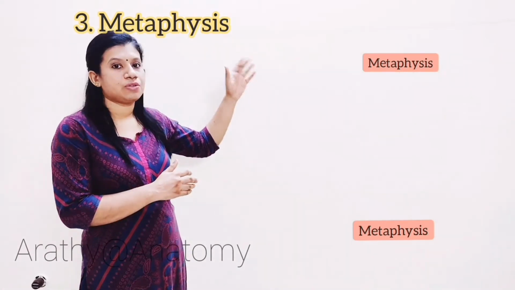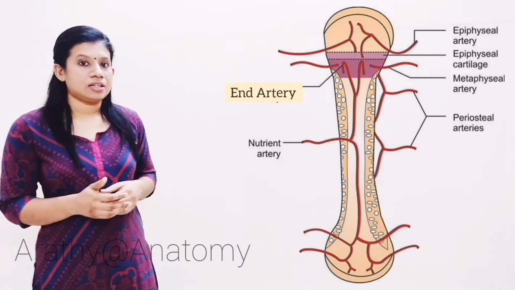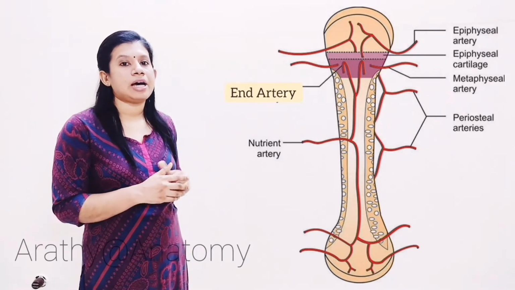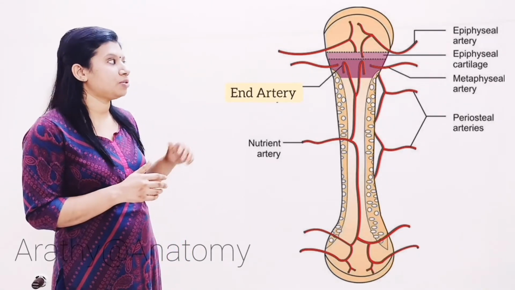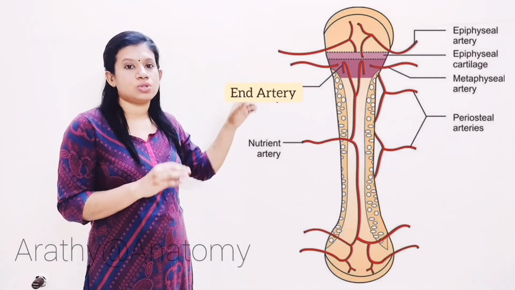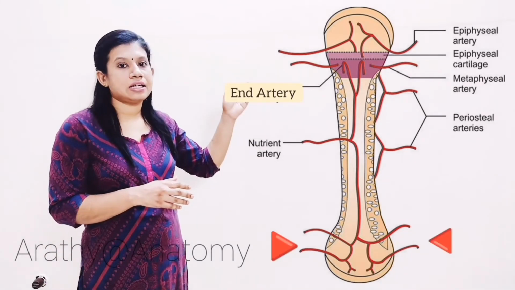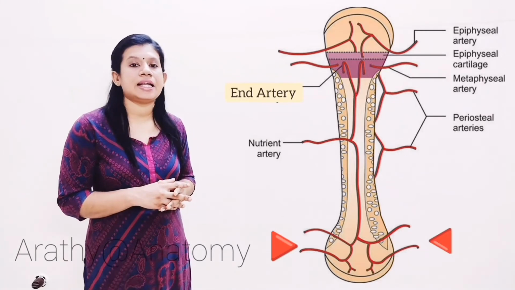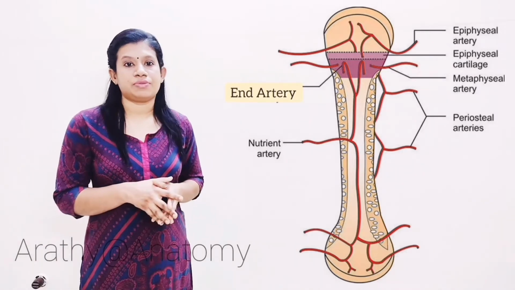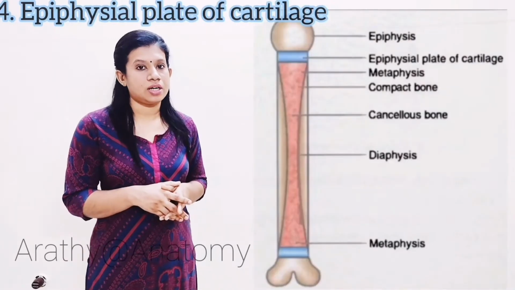Before epiphyseal fusion, the metaphysis is richly supplied with blood by end arteries that form hairpin bends. So in the case of children, the bacteria or embolus can easily get trapped in this hairpin bend, which causes infarction. So that's why in children osteomyelitis is very common. After epiphyseal fusion, there is a vascular communication established between the epiphyseal and metaphyseal arteries. Now there are no more end arteries and no more cause of infarction. So that's all about the metaphysis, and moving on to the last one, that is called the epiphyseal plate